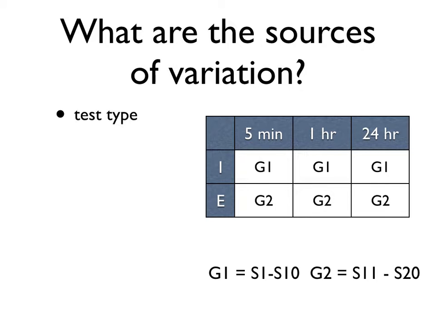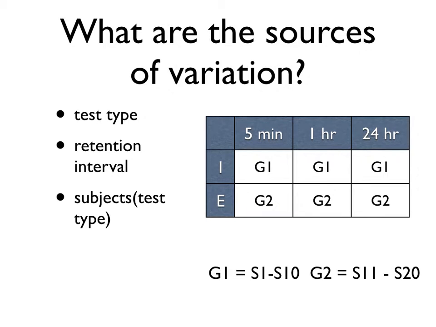Sources of variation. We got test type, implicit and explicit, right? We have retention interval, 5 minutes, 1 hour, 24 hours. We're going to be interested in, and where are the subjects? Subjects. They aren't. Remember before we talked about with a simple repeated measures design, we talked about them being the